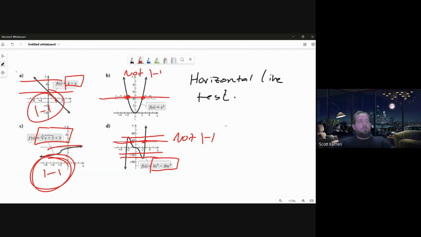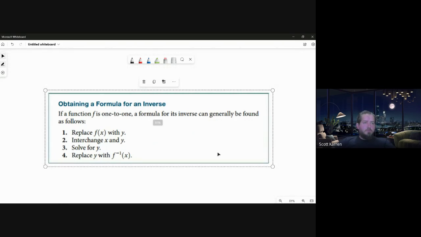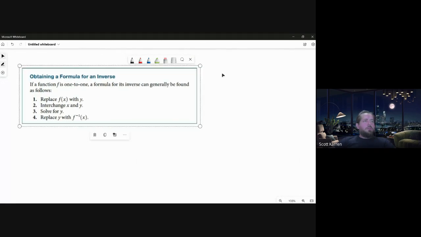Okay, and I'm going to steal this picture right here. So this is how we're going to go through and find the formula for an inverse. I just didn't want to write this, so here it is. But if I have a function, for example, and it says find the inverse of, let's say, f of x equals 2x minus 3,